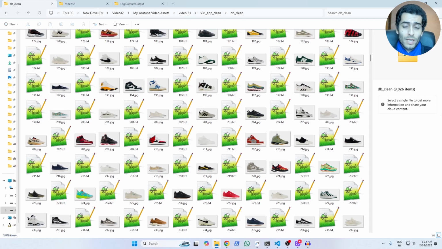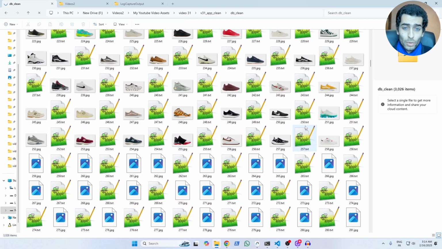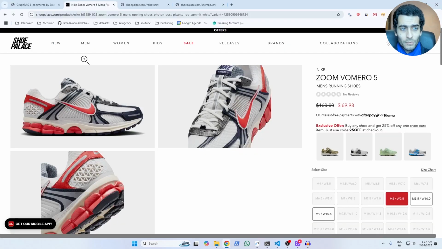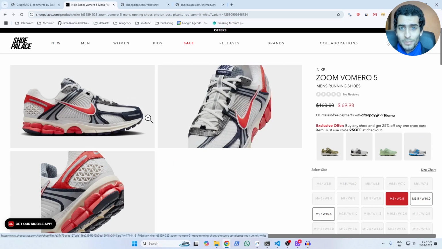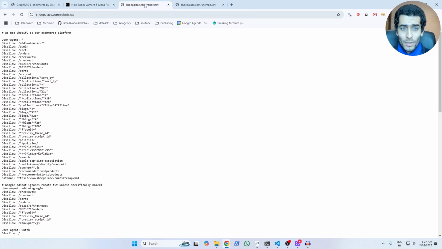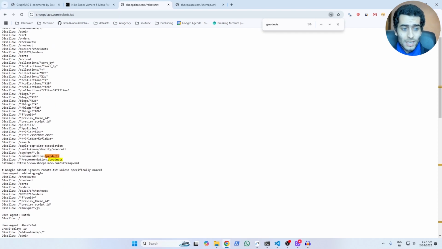I used web scraping to get all of this data, and I actually used it from a website that allows crawlers, and you will see why. I got the data from this website called Shoe Palace. And all the products that are displayed here are under the URL /products. And the reason why I know that they are friendly with web crawlers is because of their robots.txt. So if you go here and then you do Ctrl F and then /products,